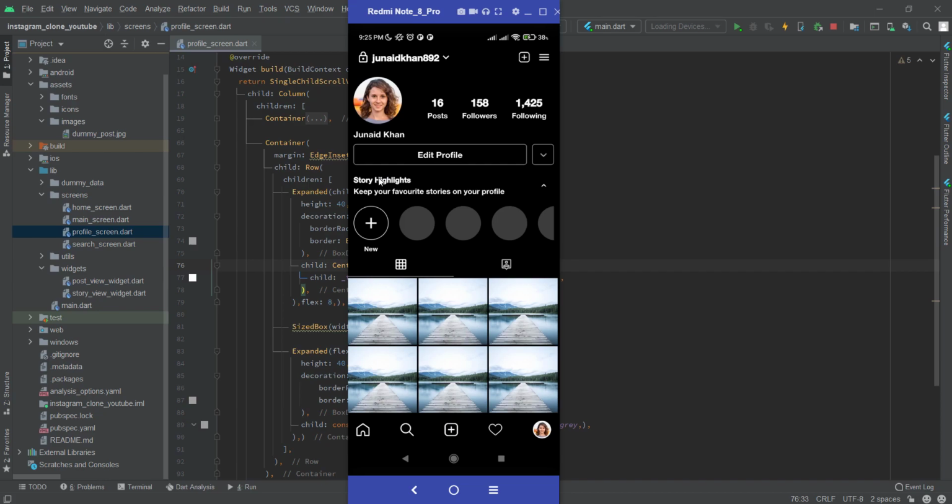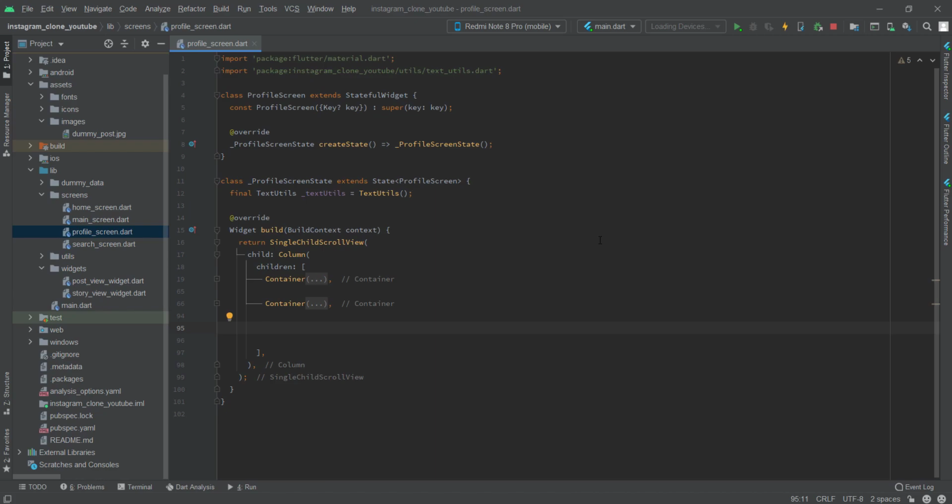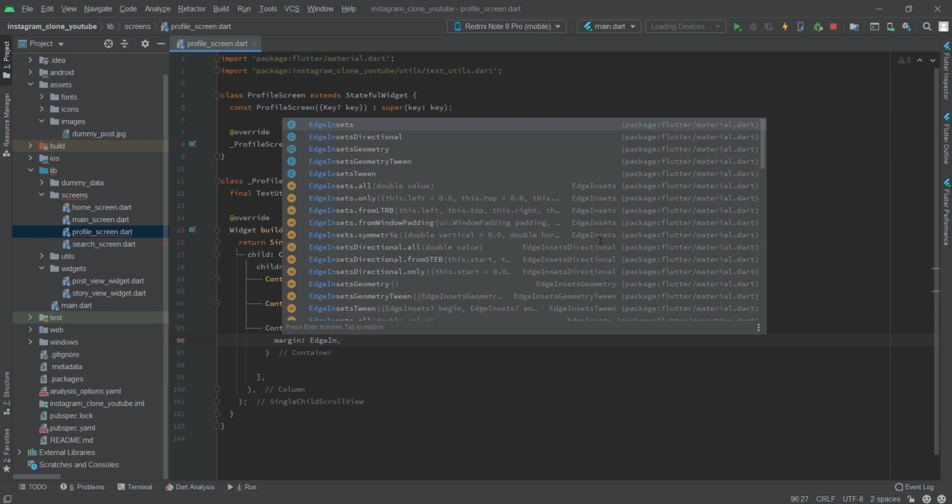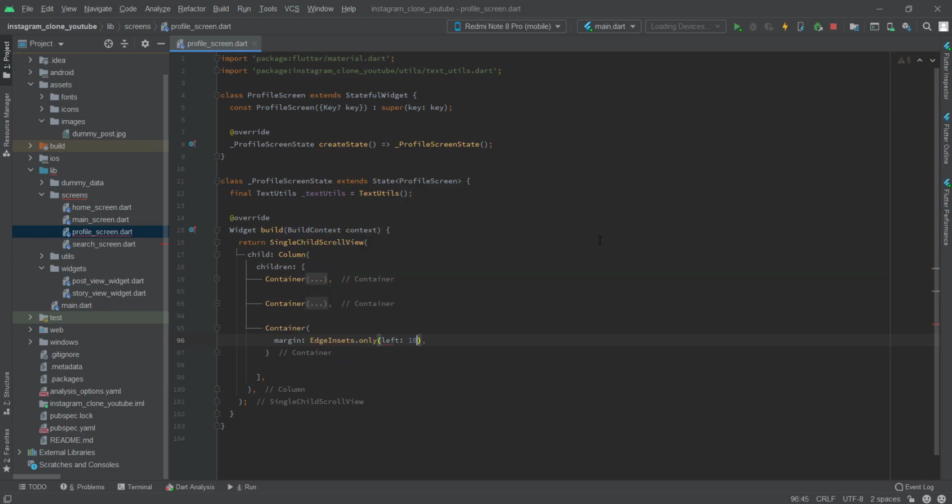Okay, so for this again we can use column, and for this icon, and for both of them we can use row. Again we need to use container, margin edge insets dot only, left 10, right 10, and from the top 20. Child row, children expanded, flex for this will be 9, and the child of this will be column,